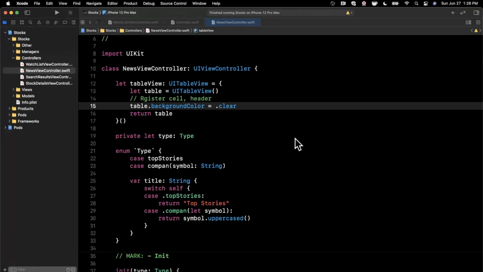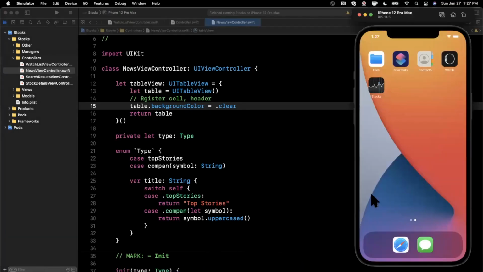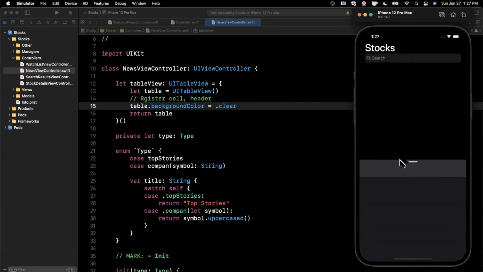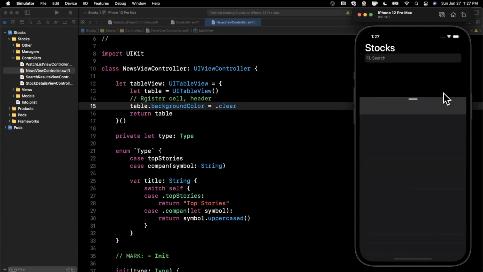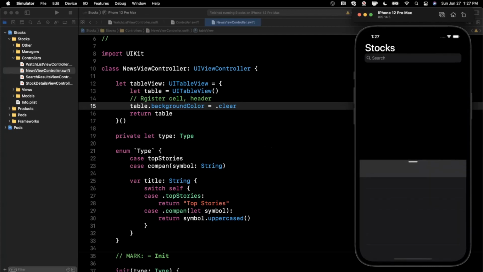Welcome back, everyone. In this part, we're going to continue to work on our news section. Particularly, we're going to talk about the header that I had mentioned that we're going to show here at the top of our news table view. So in our header, we want to be able to show the title for whatever context we're looking at, top